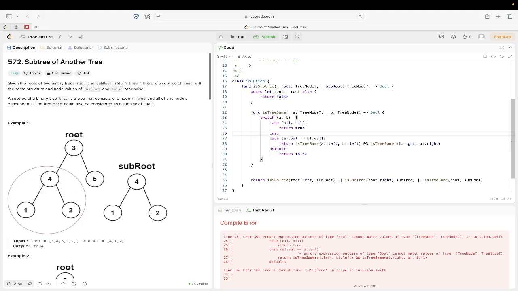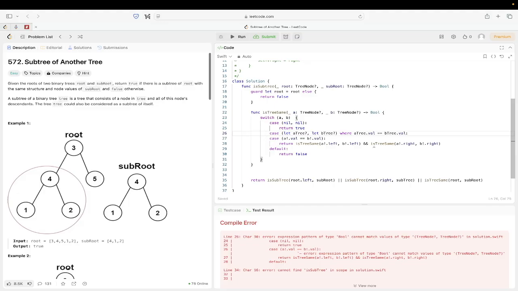So we can do something like this again. And let's let a tree, should I make it? Yeah, it's gonna be optional. I'm gonna let b tree. And then we can do where, right? Where a tree's value, and that's what I was doing, is equal to b tree dot val,